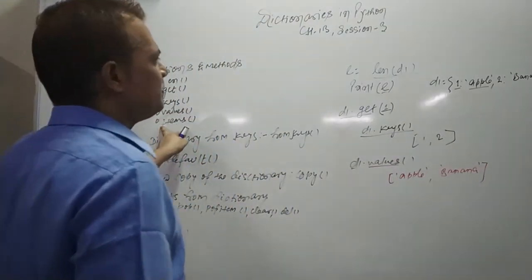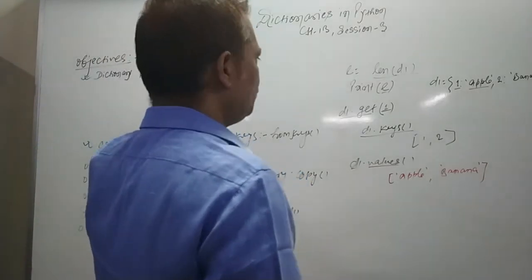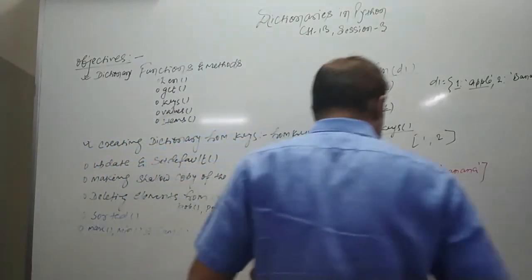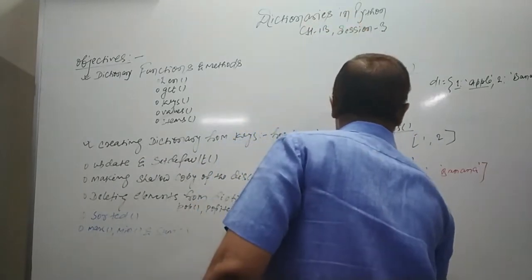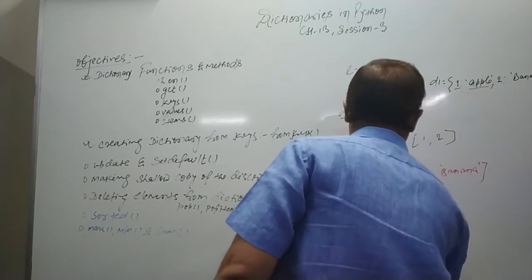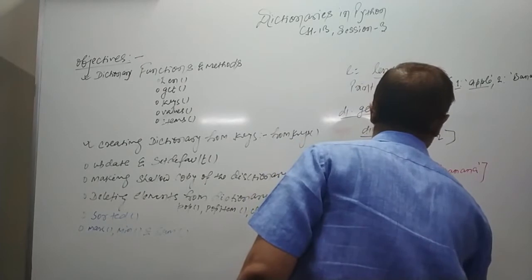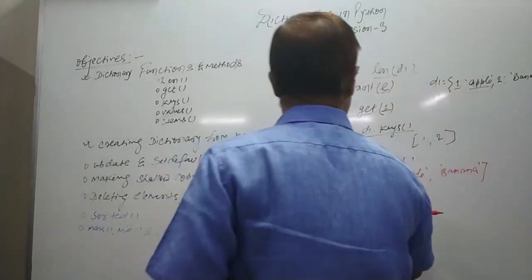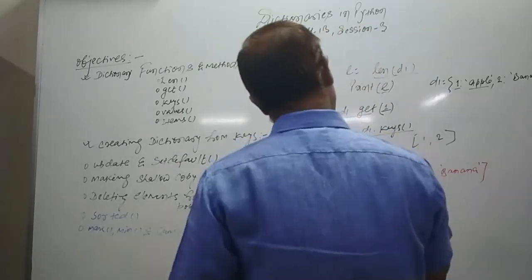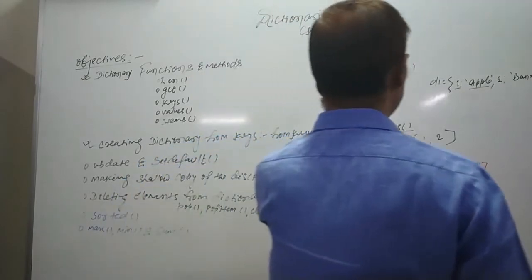Now the items method basically returns all the items of a particular dictionary, and you have to store them in a variable. If you want to return all items of a dictionary, you have to use a variable name and then d1 dot items. Now this is a method. Once you say d1 dot items, it returns all the items of the dictionary into x, and now through x you can see the values. Directly it cannot print the value, that you have to keep in mind.